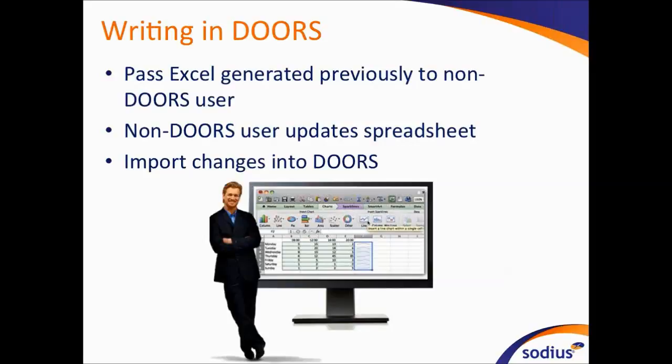This non-DOORS user is just going to update the spreadsheet. And remember, I had that column which was design risk. He's our risk manager. He's going to update that column, and we're going to suck that back into DOORS and update DOORS for him so he doesn't even touch DOORS. So we import those changes back, and everyone's happy and they still have that smile. So let's go